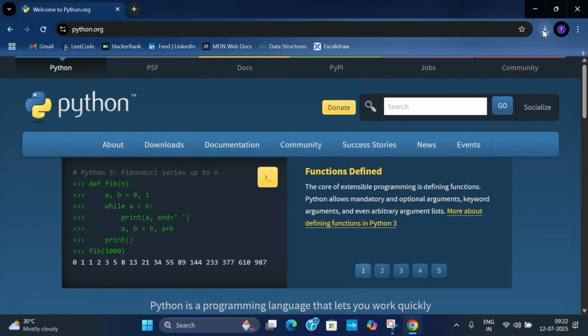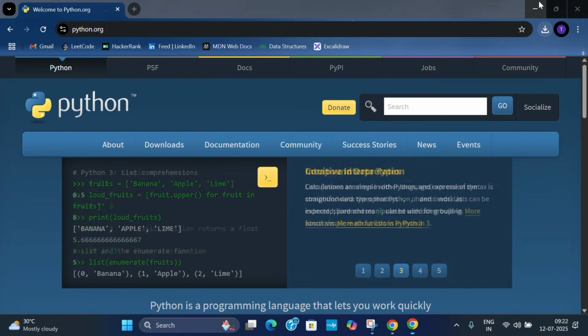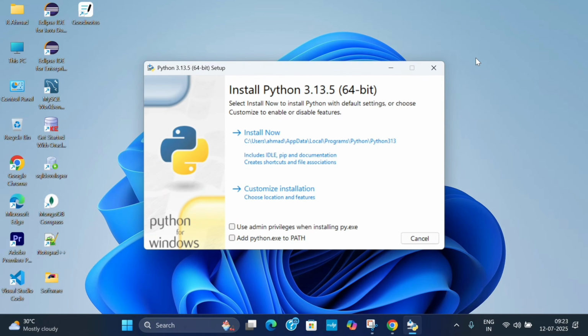Here you can see the download is completed. The file size is 27 MB. Right click and open. Before doing anything, check the box that says add python.exe to PATH and use admin privileges, and go for